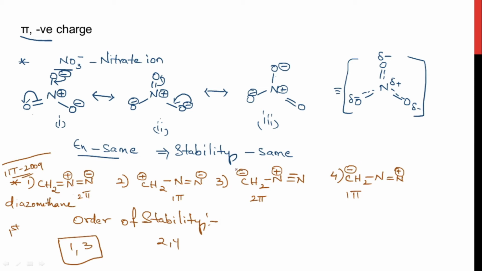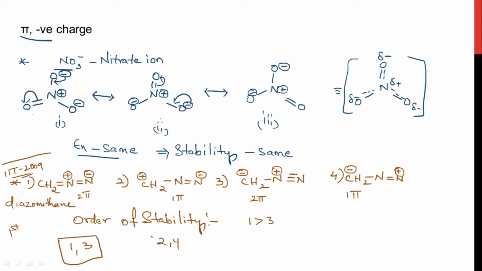So, which atom is the more electronegative here? As you go from left to right in a periodic table, the electronegativity increases, right? The electronegativity increases. So the nitrogen is towards right of the carbon atom. So nitrogen will have greater electronegativity. So it can bear the negative charge on it. So the first option will be more stable. Yes, the first option is more stable than the third one.